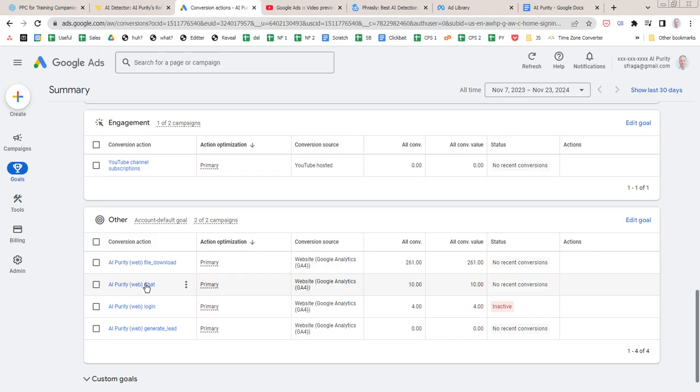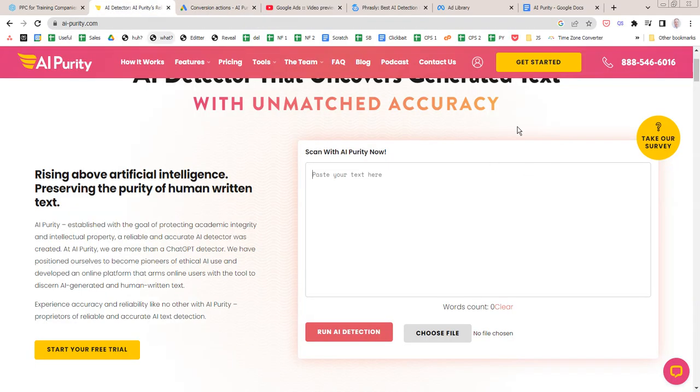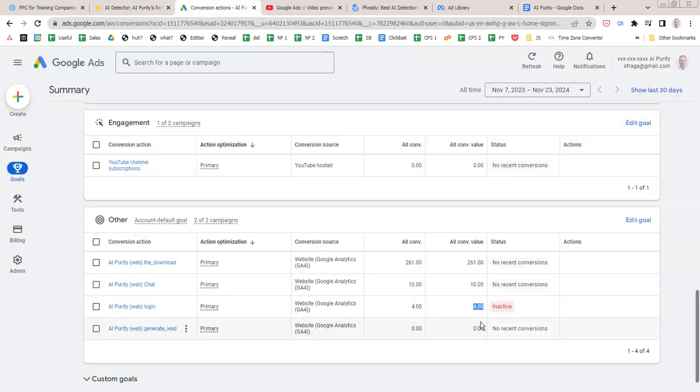All right. Then there's some other things like chat, which again, it's not worth $10. It's not $1 a chat, but and registration. This says login, but it's probably registration. And then this generate lead, that didn't happen at all. It says 0. That's like whatever the standard is, that if you have a contact us form, that is the event you should send to GA4, the generate_lead event. And it's hard to believe that generated 0 leads, but I don't know. I would check the formatting of that, the tag management.